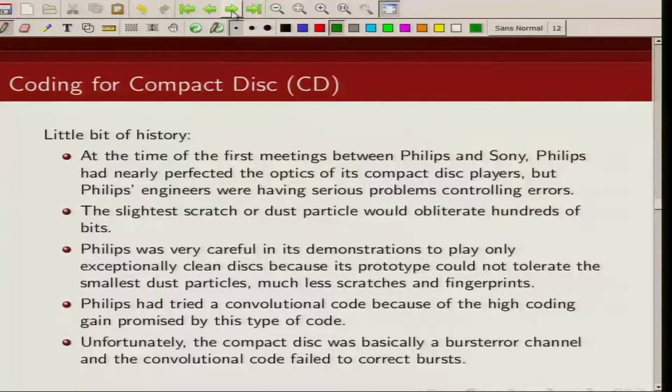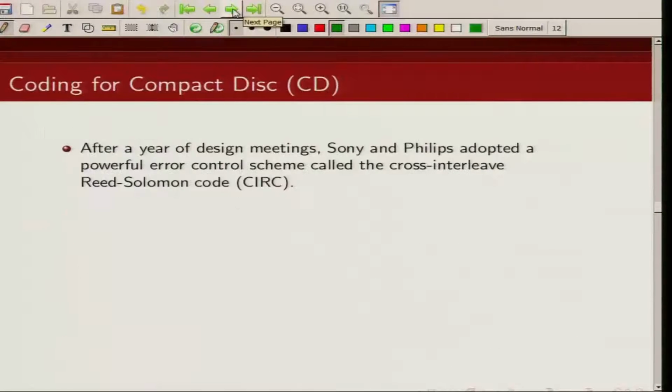As I said, the storage media was a burst channel, and convolutional codes were not good at correcting burst errors. So, there comes the Reed-Solomon code, and the CDs basically used cross-interleaved Reed-Solomon codes,